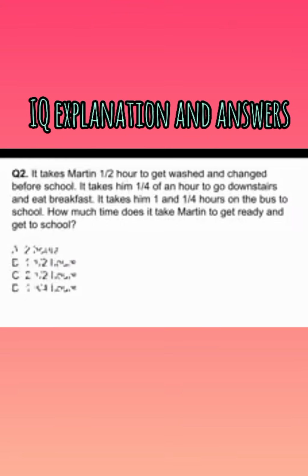So these are the options: 2 hours, 1½, 2½, 1¾. It's quite simple, but what we have to do is add up the time. So it takes Martin half an hour to get washed and changed before school, so it's 30 minutes. I'm going to convert the hours to minutes because it's easier to add up. Then the next one, it takes him quarter of an hour to go downstairs and eat his breakfast. So that's 15 minutes. And then 1¼ hours